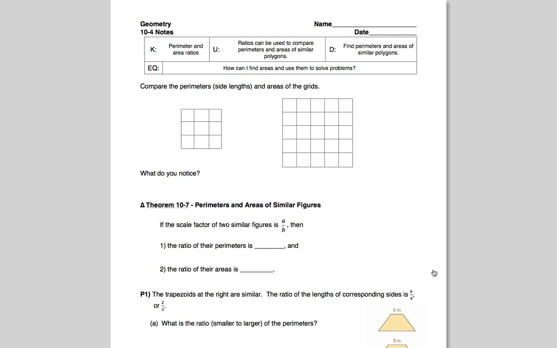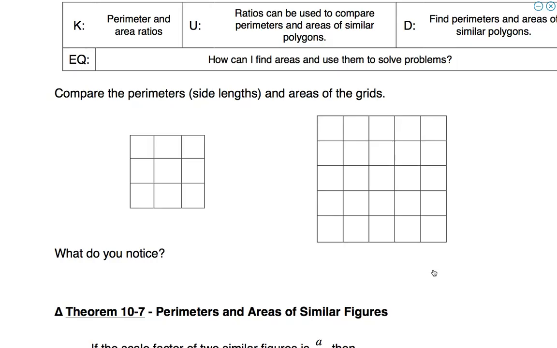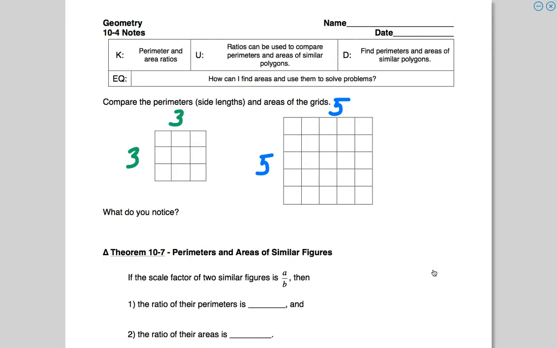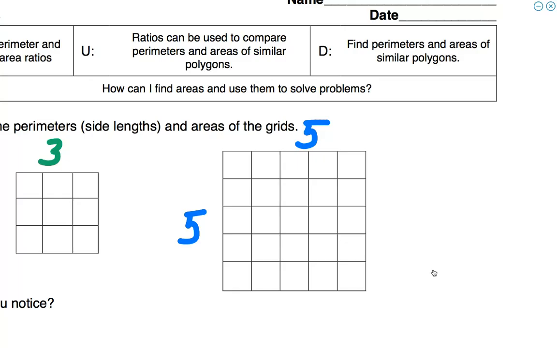change as the size of a polygon changes from one polygon to a bigger or larger similar polygon. For instance, right now, we have a square that is 3 by 3. This square then increases to a 5 by 5 square. Now that square did not double in size, it did not triple in size. But what we can see right now is we have a scale factor